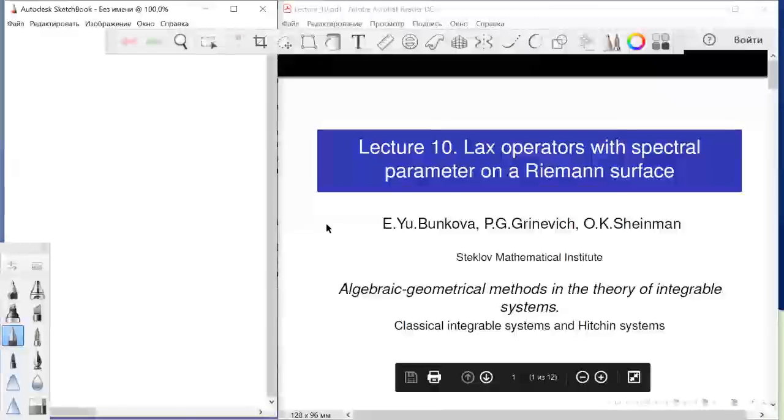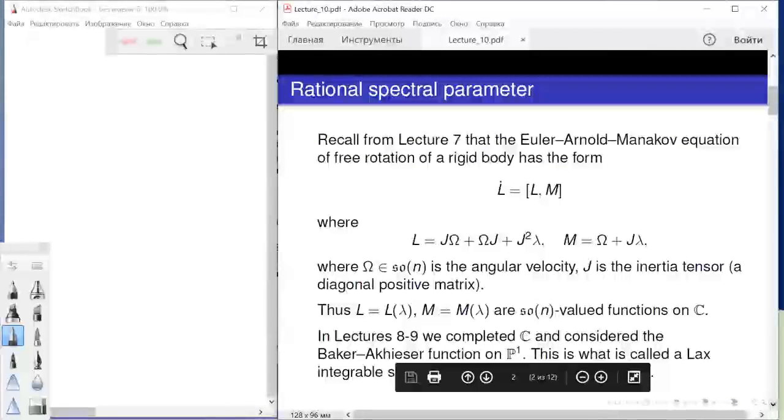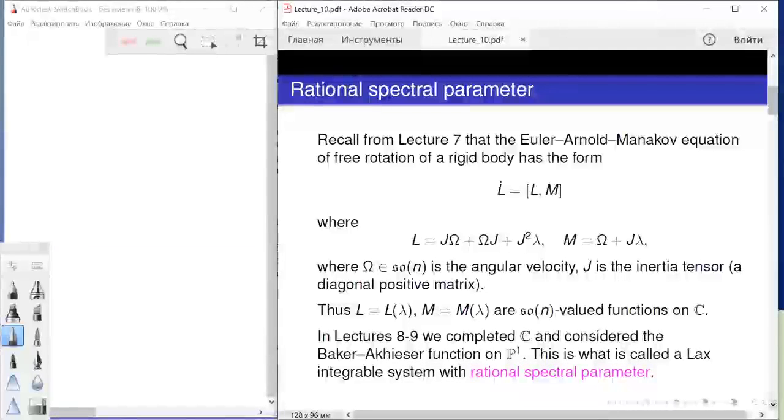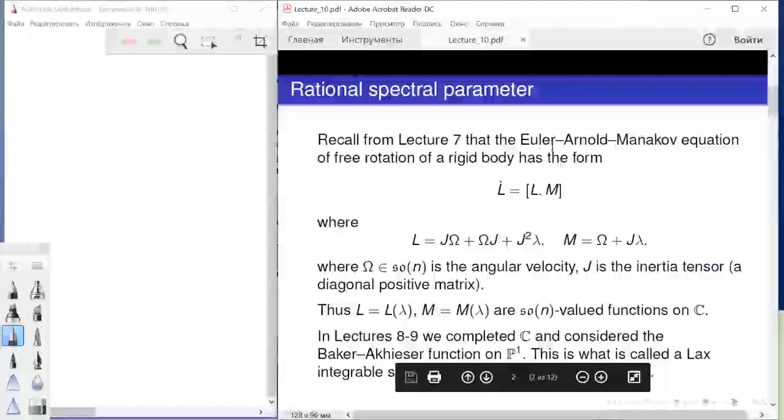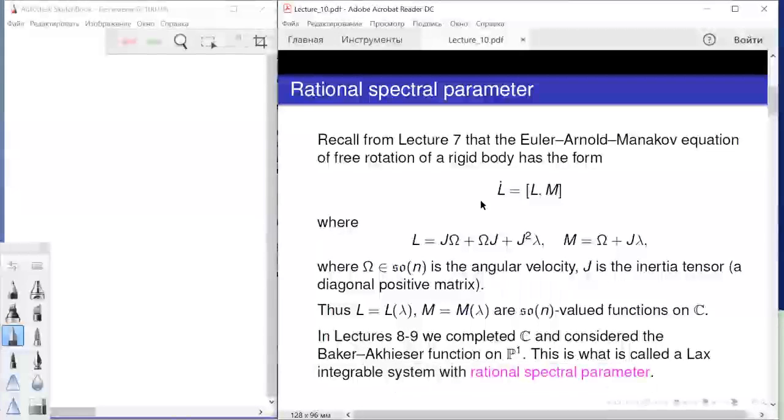First of all, let me recall that the Euler-Arnold-Manakov equation, which was an example of Euler type equations, which we completely resolved at the last lecture, has the form of Lax equation, L dot equal to the commutator of L and M,